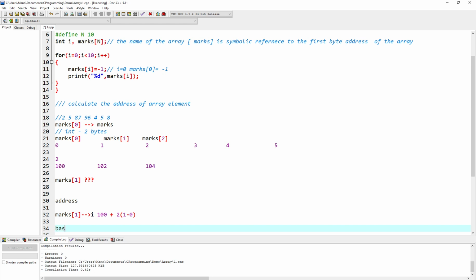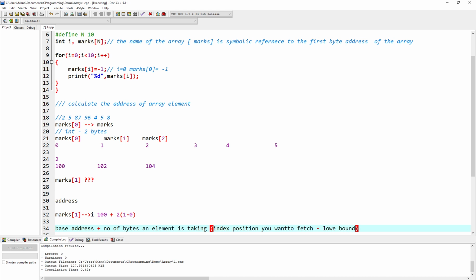The base address, plus the number of bytes an element takes, multiplied by the index position you want to fetch minus the lower bound.